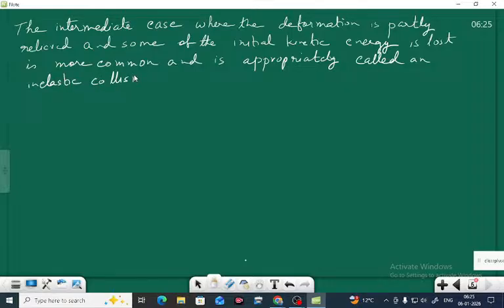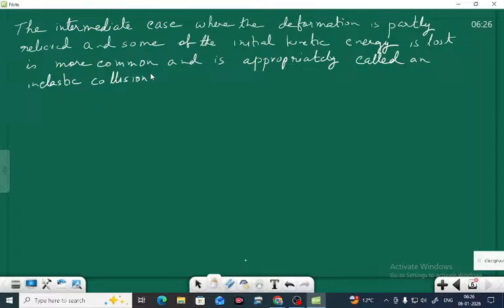So this is the difference between elastic and inelastic collision, right? That is, momentum is conserved in the case of both elastic and inelastic collisions, but in an inelastic collision the kinetic energy is not conserved. And if the two particles move together after the collision, it is called a completely inelastic collision, and between the two it is known as inelastic collisions.